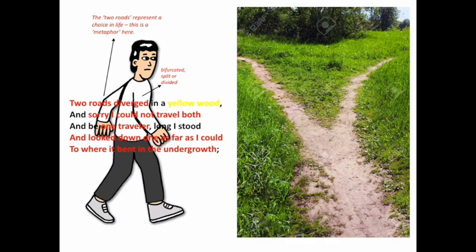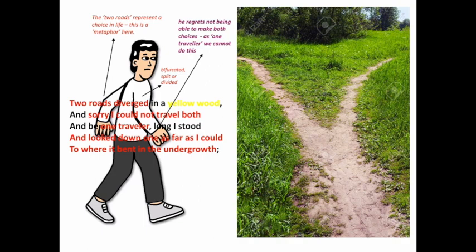He says he regretted that he was unable to travel by both roads as he was one person. And one person can walk or travel only on one road at one time. The poet kept standing there for a long time and looked at the path very carefully, as far as he could see it,